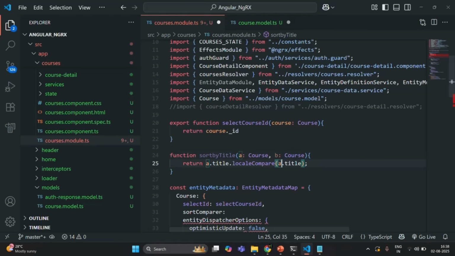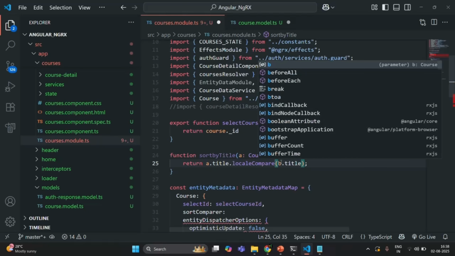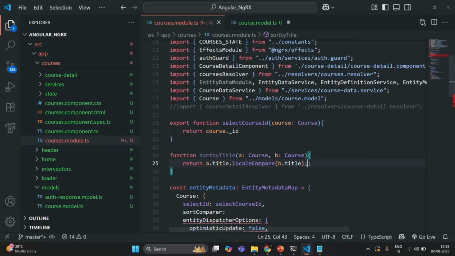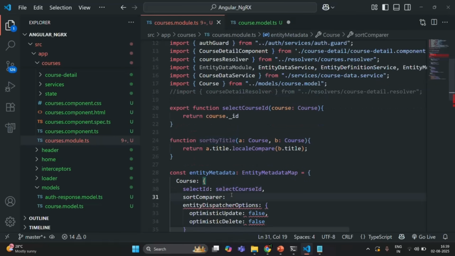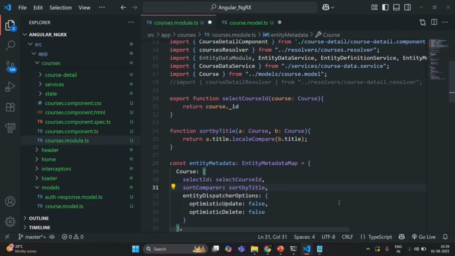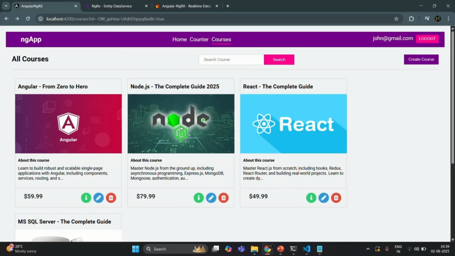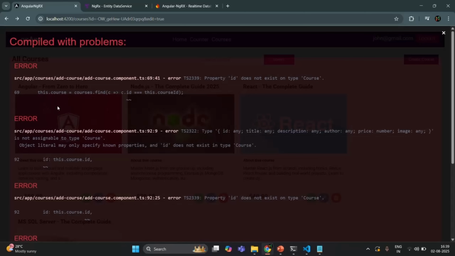Okay, it should be b dot data. I mean b dot title. So this here is going to sort the data in ascending order. Let's save the changes, and if I go to our application, you will see that now the data is sorted